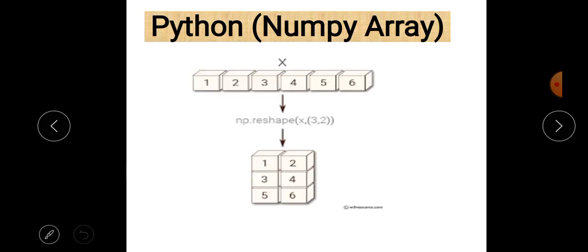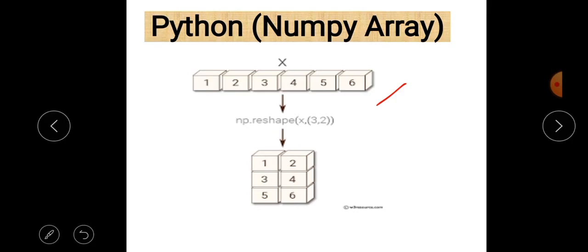Now we can also reshape a one-dimensional array into a two-dimensional array. There is a function named reshape. One more important thing: if you want to use a function related to a library, in this case it is np, and np basically stands for NumPy, then first of all we have to write np, after that put the dot operator, and then the name of the function.